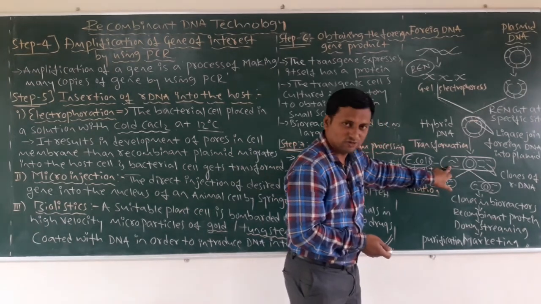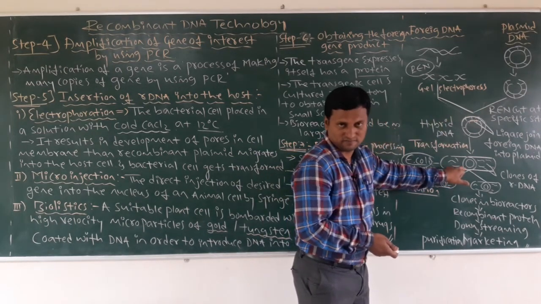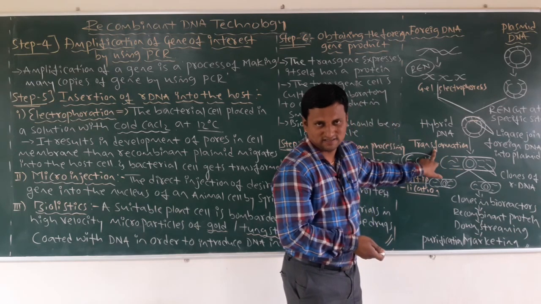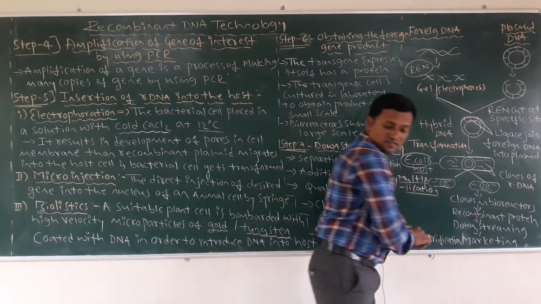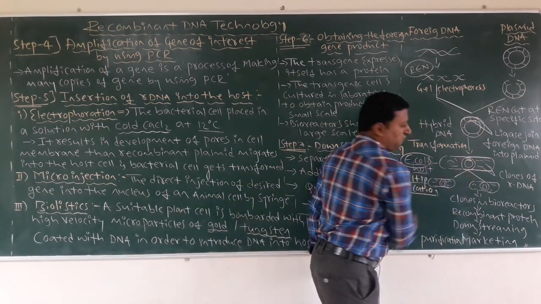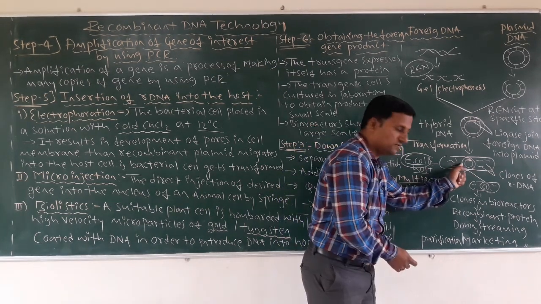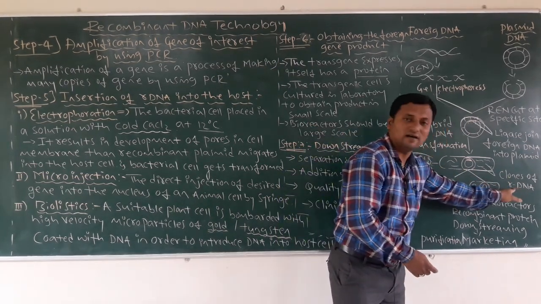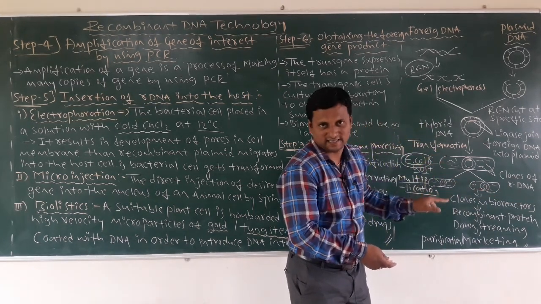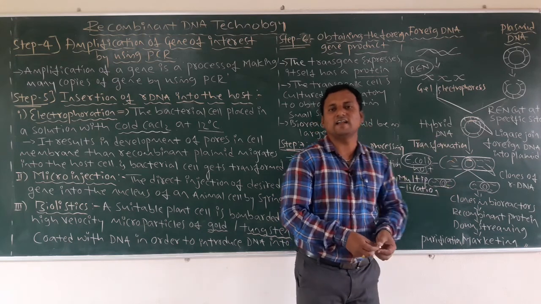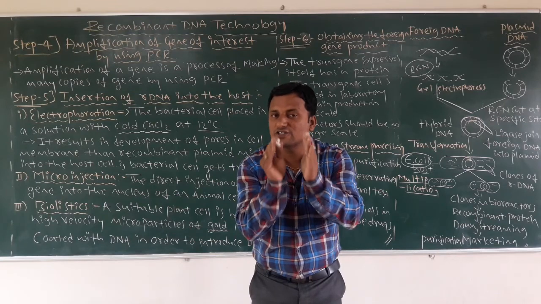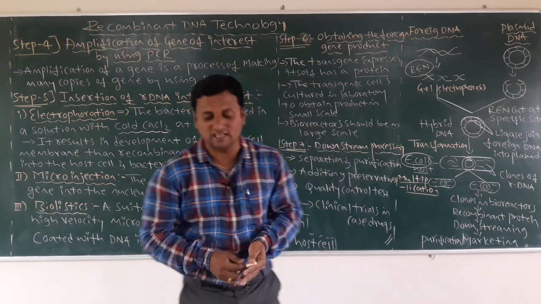Then, the insertion of the plasmid into the host is called transformation. The insertion of the hybrid plasmid, which is the recombinant form. And this hybrid plasmid, along with the clones of recombinant DNA, will be introduced into the E. coli bacteria. In that introduction, we have 3 processes. Those 3 processes we are now going to start discussing. What are those 3 processes?